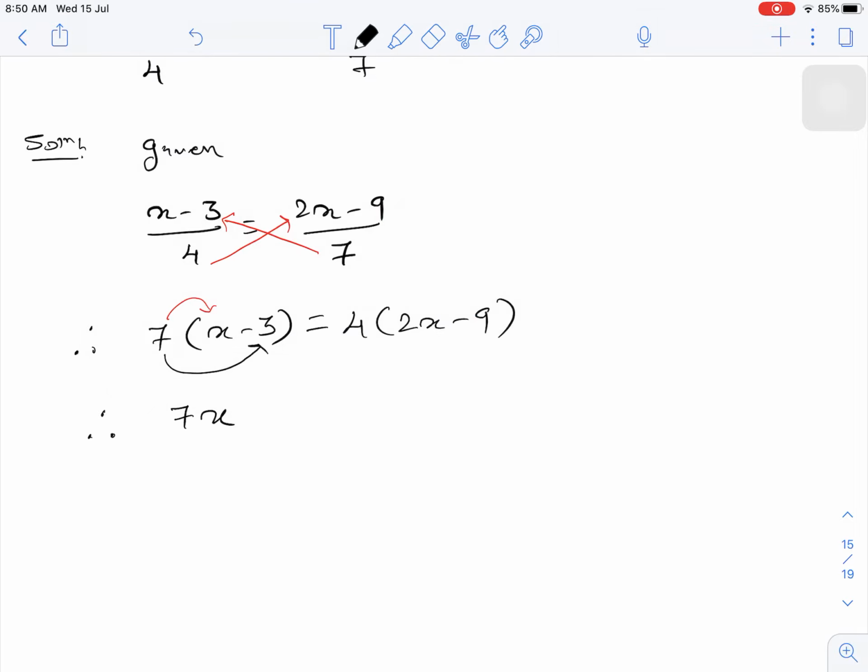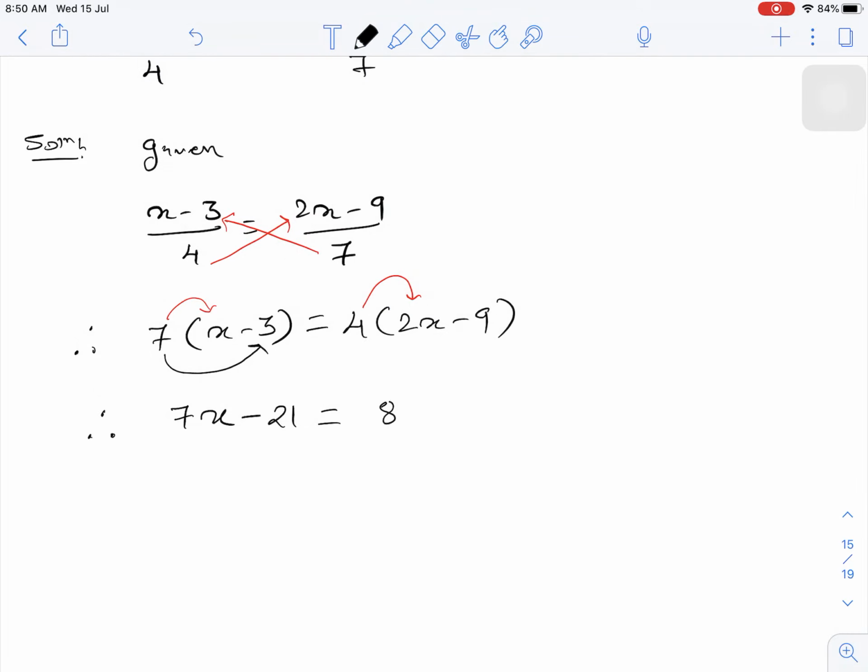So plus into minus gives minus, and 7 into 3 is 21, equals, now this 4 will multiply with 2x. First this 4 will multiply with this 2x, so what you will get,